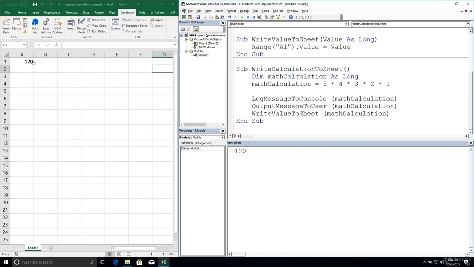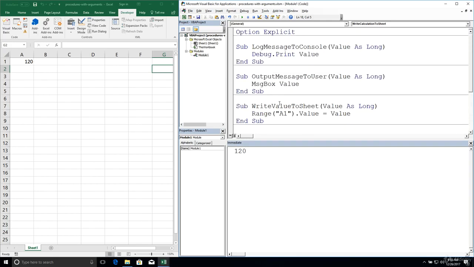And that's all there is to cover in this lesson. We talked about creating procedures that accept arguments. By the way, of course, this might seem obvious, but you're not limited to longs. You can put whatever data type you want in here. You can put strings or booleans. You're also, of course, not limited to single inputs or single arguments. You can, of course, just define multiple ones. All you have to do here is just simply put a comma and declare the next parameter. Again, just give it the name, the as keyword, and the data type, and then you can use 2 parameters, 3 parameters, as many as you want